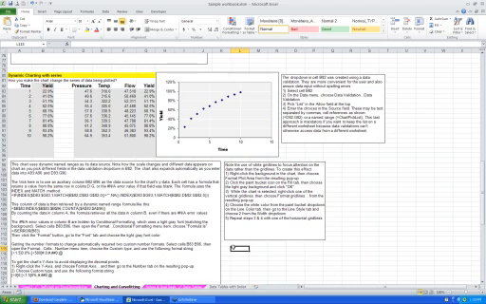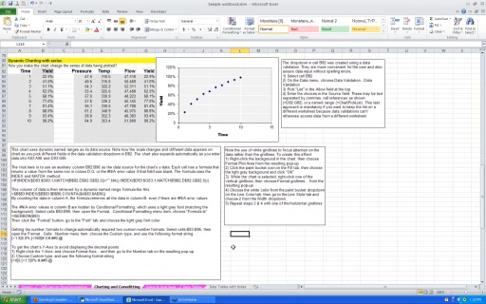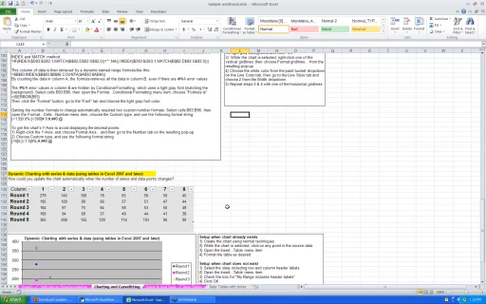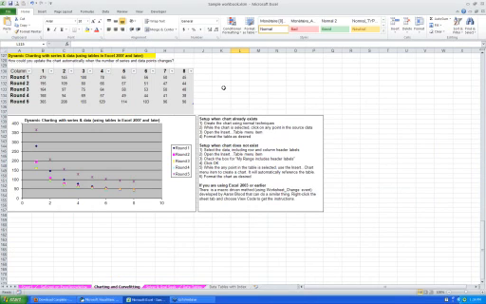Okay. Now, the next thing that I wanted to show you is a feature that exists in Excel 2007 and later. And that feature is that if you wanted to add data to a chart, and the data comes from what's called a table, then the chart will automatically expand to receive the new data. So if I create a new column,